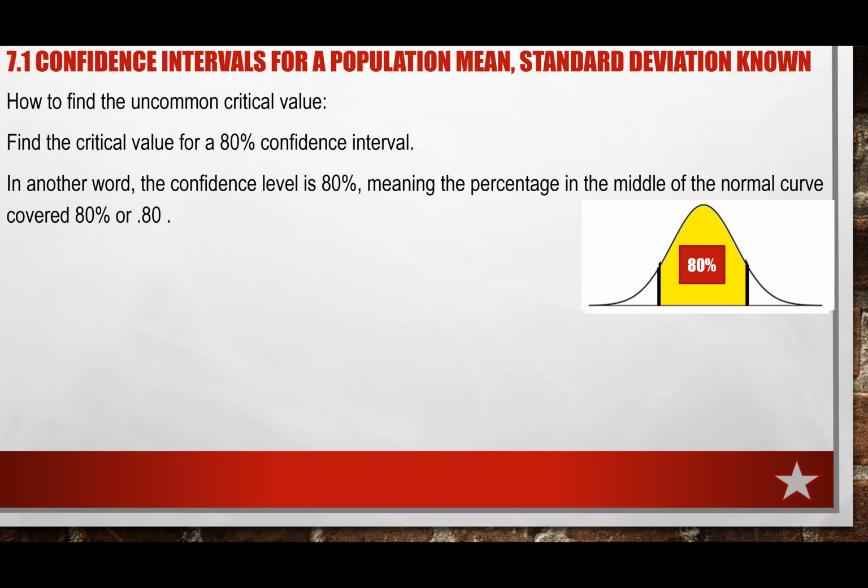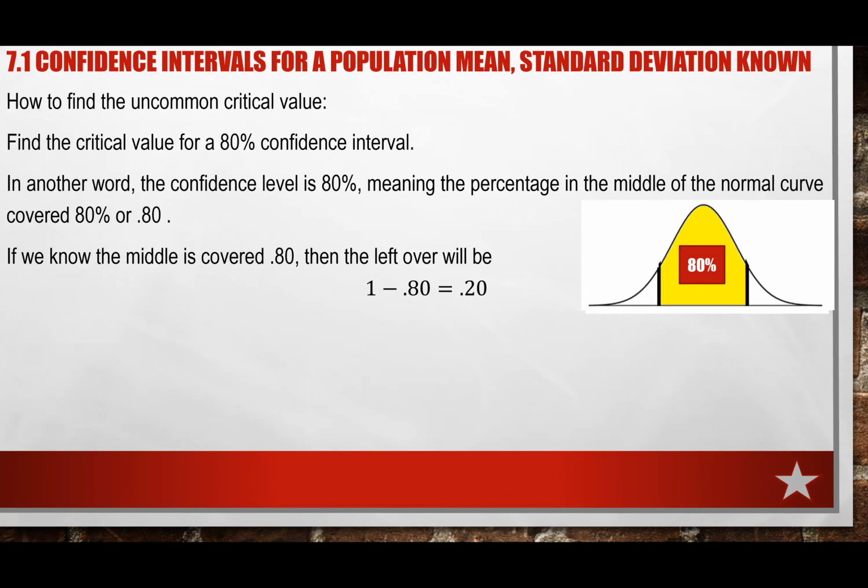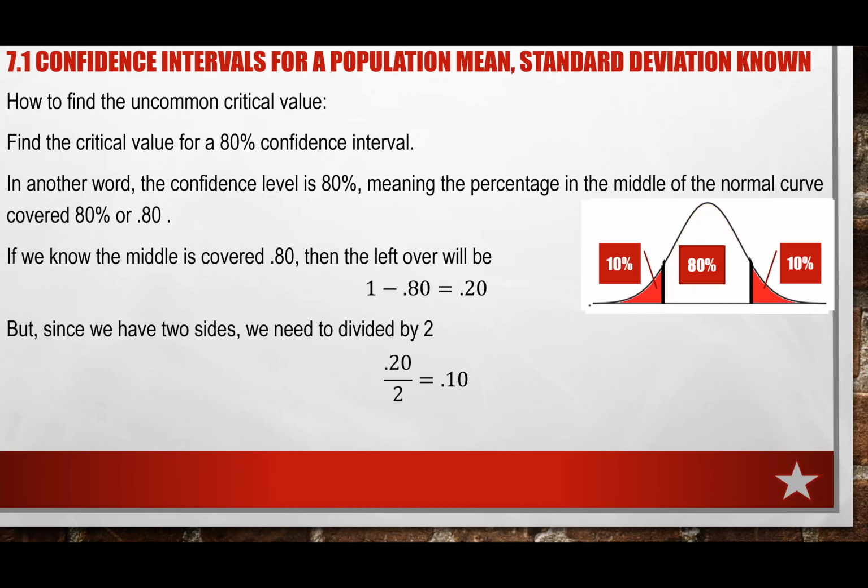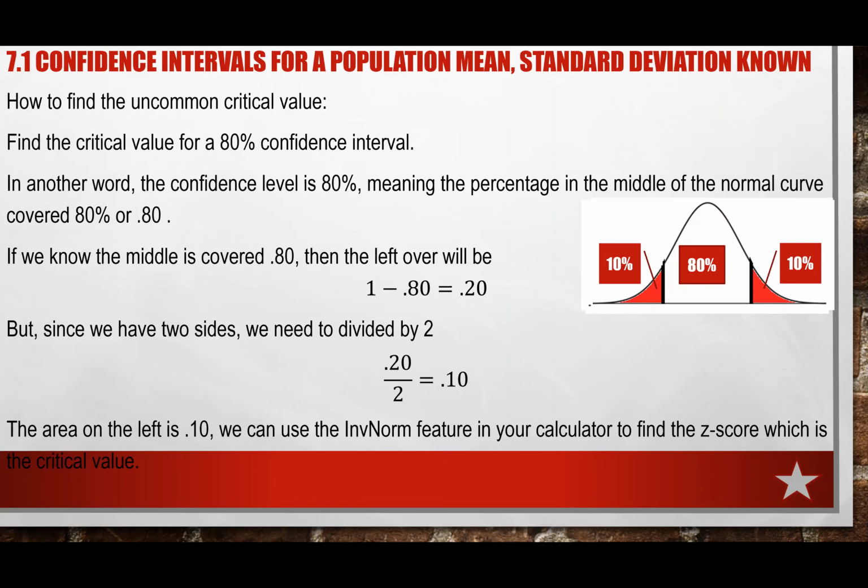So if we know that in the middle is 80%, what do we need to do? Do you agree that we take 100%, which is the maximum, minus the middle 80%? That will give us 0.2 or 20%. And as you can see, we have two tails, on the left and on the right side, so we divide this 20% by 2. Do you agree that I have 10% on the left and 10% on the right, which is the same item on your previous test, of how you find a z-score. If we know the area to the left is 0.10, which is 10%,